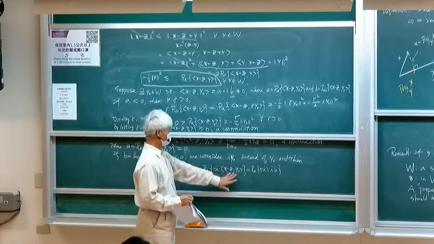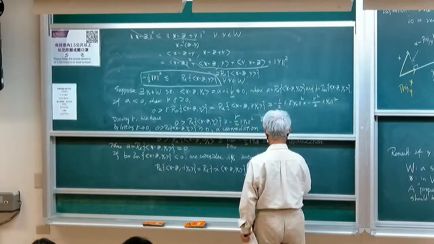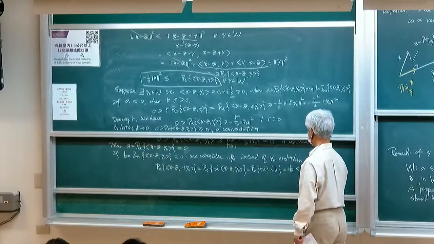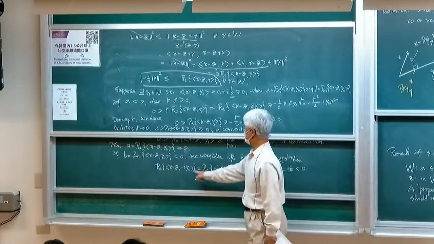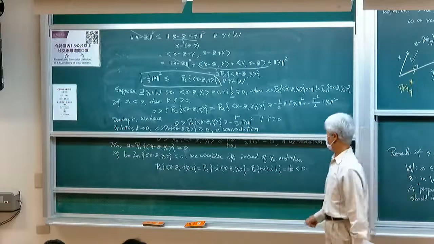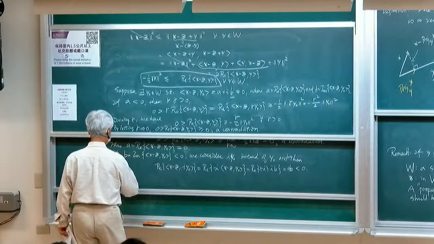So this inner product is iB, and this is equal to B. So in this case, the real part is negative. And so for all gamma greater than 0,